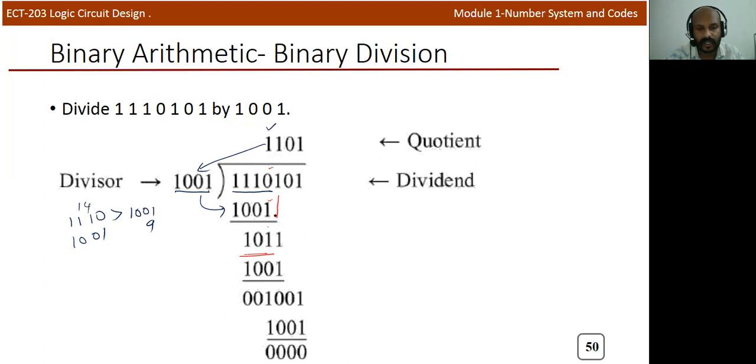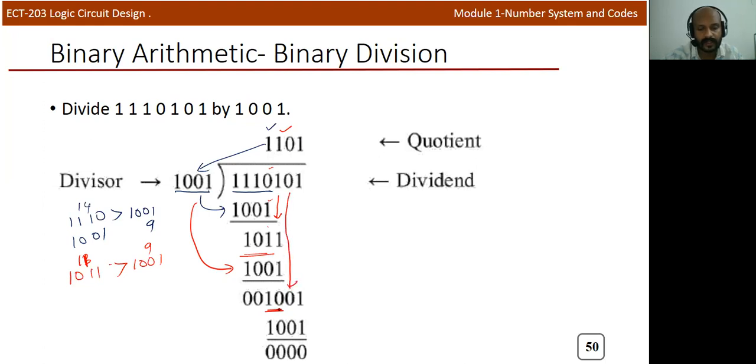Now we'll write this one here. Okay, now it is 1011. So now we need to verify 1011 and 1001. So we compare these two values. This is actually 9. This is actually 13, not 13, it's actually 11. Okay, so 11 is greater. So again you can put a 1 here, corresponding 1, and now we need to multiply with 1001, and you will get 1001 here. And now we need to subtract. So after subtraction, you will get 1 0, and now we need to write this 0 here.